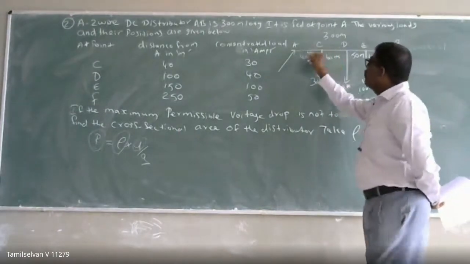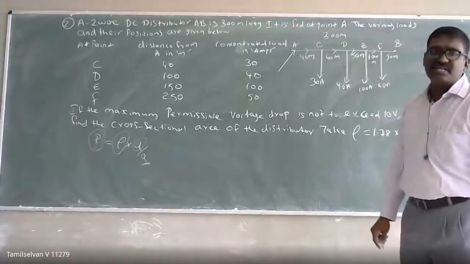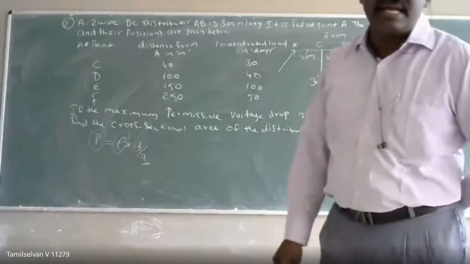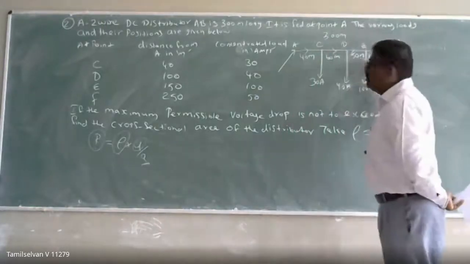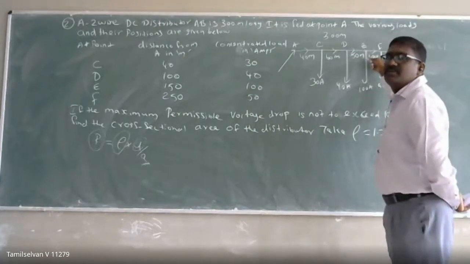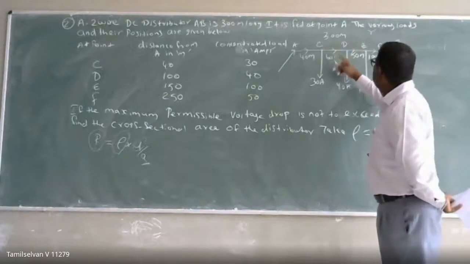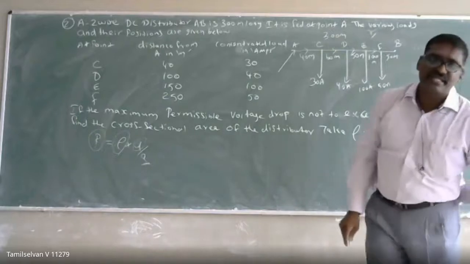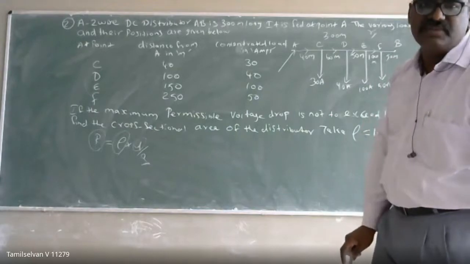So now I have to calculate the section current. What is the current flowing here, here, here, and here? If I know the section current, then based on it, I can write the resistance. Here, I don't know the resistance value of this cable. So I have taken R as the total resistance for the 300 meter distance. R is the resistance value.